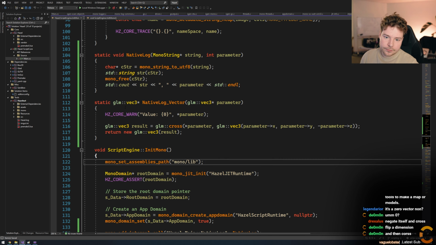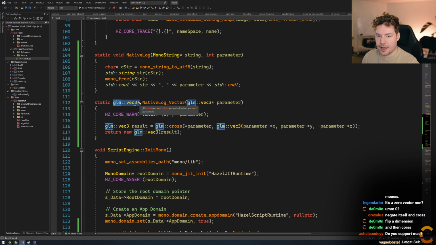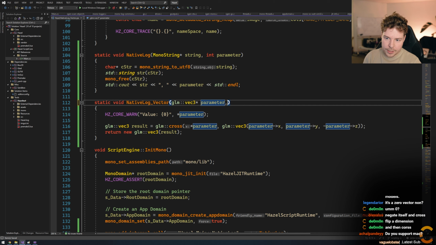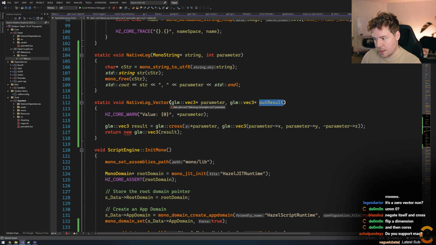Well, the way that we do it is basically instead of taking this in like that, we make this still void and we actually make an out parameter, which is our result. What that means is that the memory allocation for this, the idea is we allocate it in C# already. So it's all garbage collected, the block of memory is allocated, it's ready to go, and then what are we trying to do?